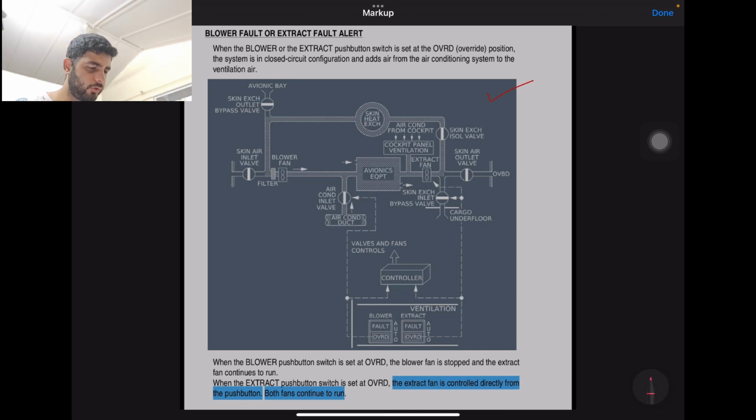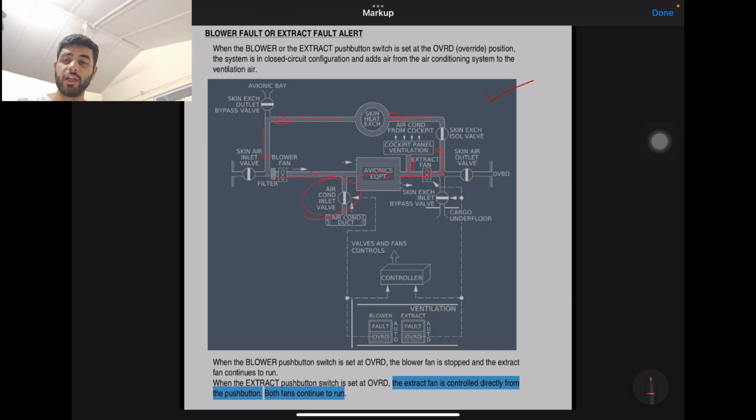Whereas, if you notice, it is in a closed circuit configuration, and because this is an abnormal situation, air is added through the air conditioning inlet valve. Okay, air gets added in, and if one of them is not working, it tries to maintain that closed circuit config and keeps on circulating the air. Okay, that's the case if you have a blower fault or an